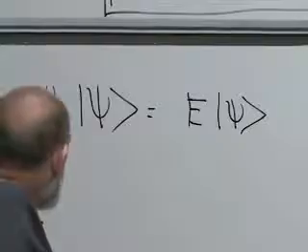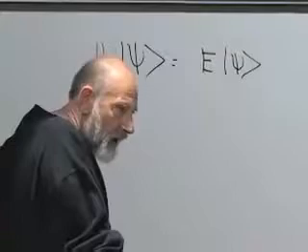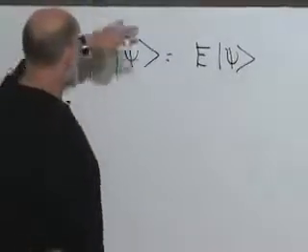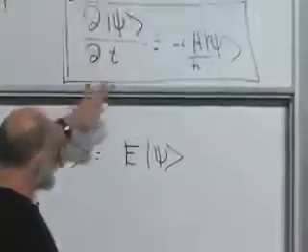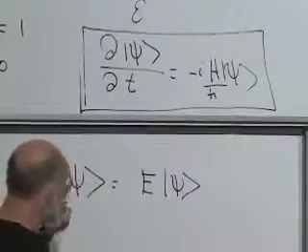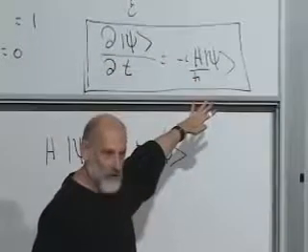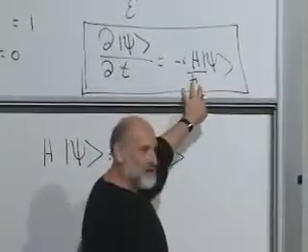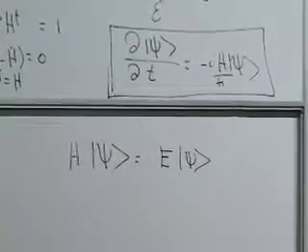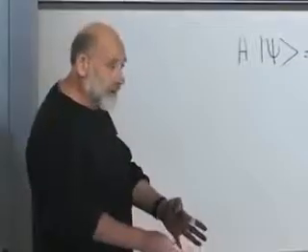If psi is initially an eigenvector of energy, it will remain an eigenvector of energy for all time. Let's see if we can solve this equation, assuming that psi remains an eigenvector of the energy for all time. Now, if it remains an eigenvector for all time, you say, wait a minute, that means it doesn't change. If it doesn't change, this is nonsense. No. Psi is an eigenvector, but remember that you can multiply an eigenvector by a number, in particular a complex number, and it still remains an eigenvector.